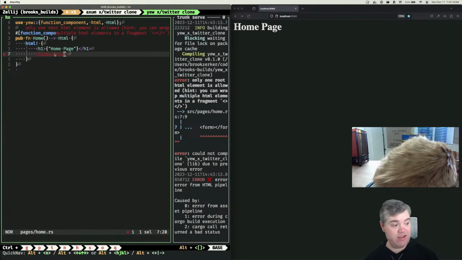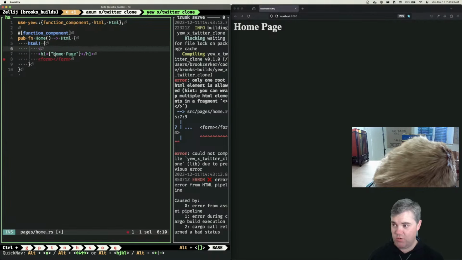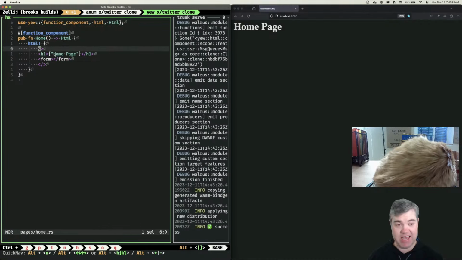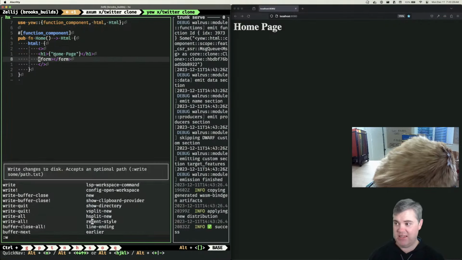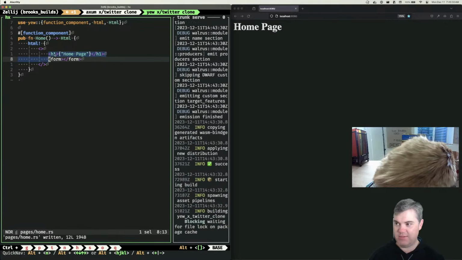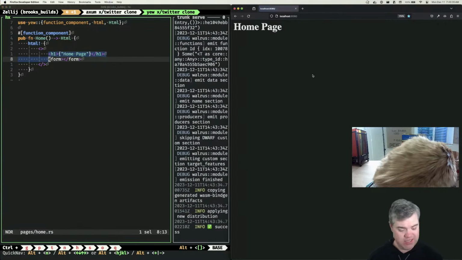Now you are allowed to do something called fragments, where basically I can do that. It's like an empty tag, and now this is perfectly legal. Notice that it didn't indent for me. I have to do that myself. Now what this looks like over here,